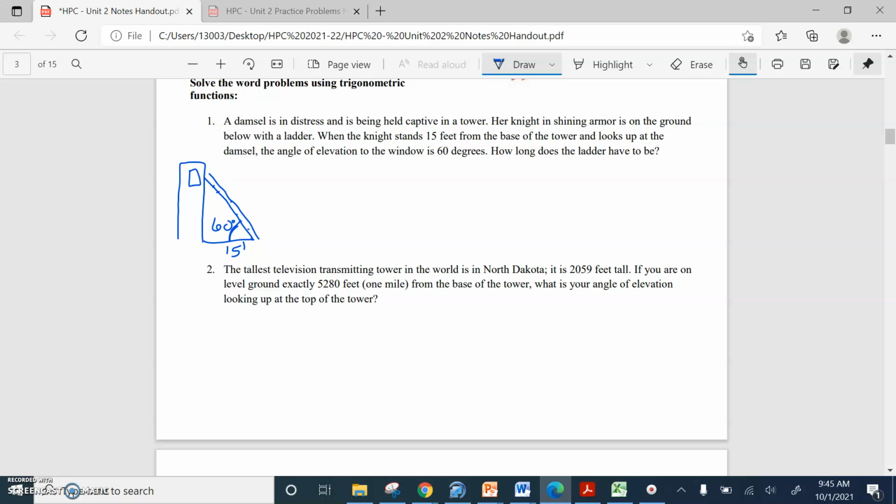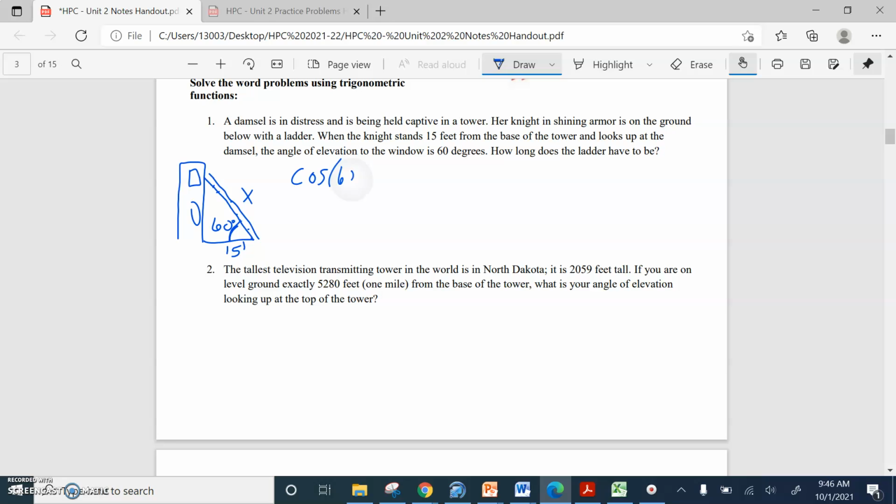degrees. So we have an angle, the adjacent side, and now it's asking how long does a ladder have to be. So this is going to be the unknown length that we're going for. We are not trying to find the height of the tower. So anyways, we have this information. We know we have 60 degrees, an adjacent side, and we are trying to find the hypotenuse. Well, adjacent to hypotenuse, the trig function that goes with it would be cosine. So we are going to say